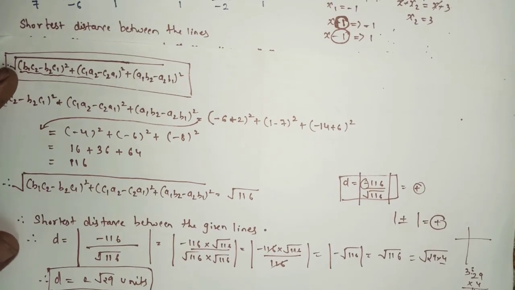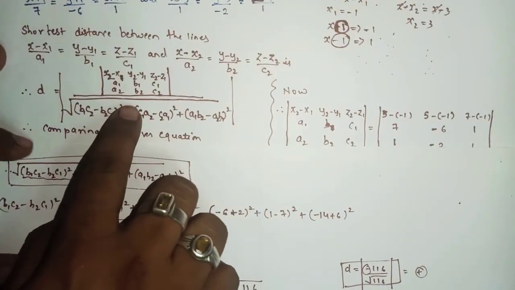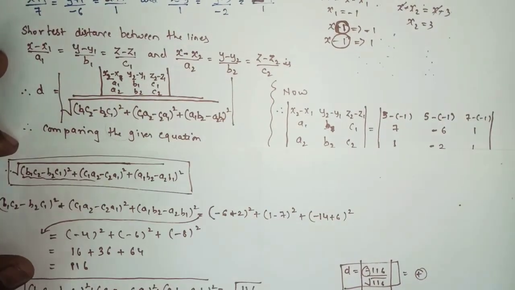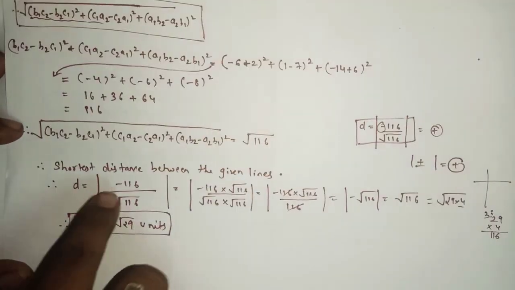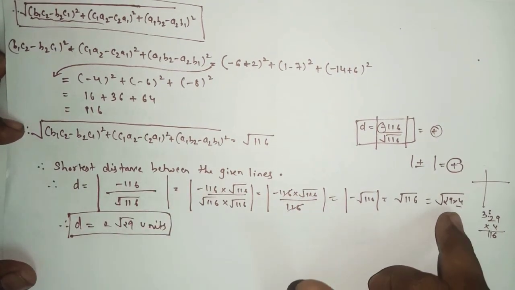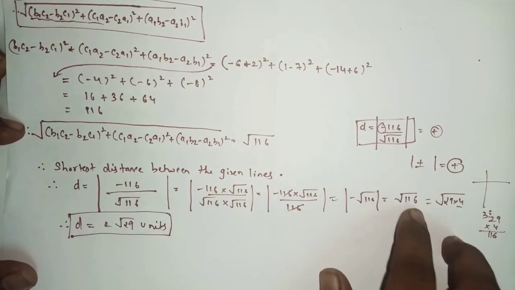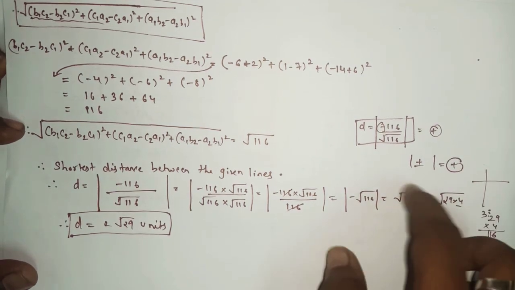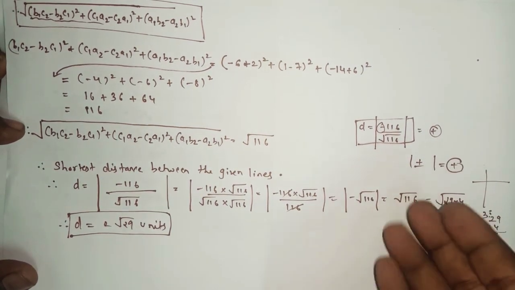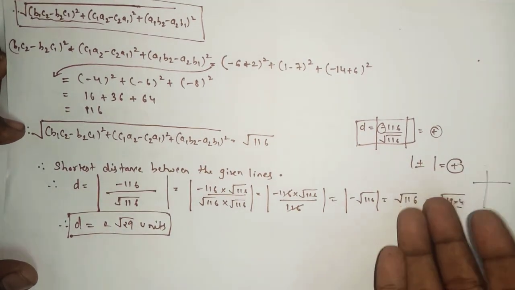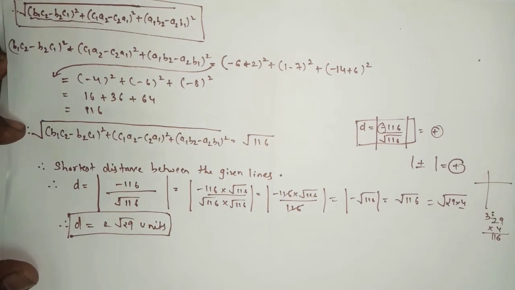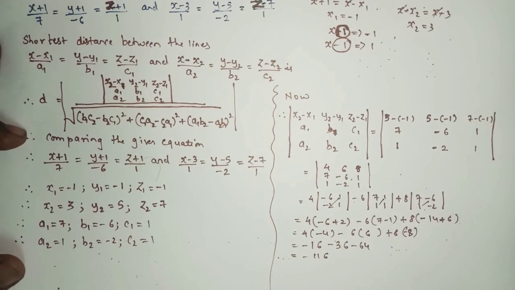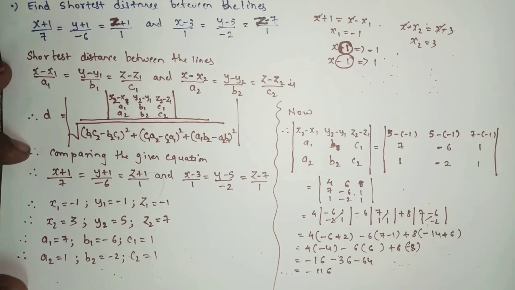And I guess in the textbook also, the formula is written like this, somewhere inside the mod. So be careful. Okay, because distance cannot be negative, that's why I wrote the answer inside the mod, and when you see the final answer, it will turn out positive only. As here root 116 was an imperfect square, we have to check if it is a pure surd, so we can convert that pure surd into mixed or not. So for this sum 116 we can write 2 root 29, and here you will write unit. So in this way you have to present your sum in the board exam. I hope you all understood this sum, how to find the shortest distance between the two Cartesian equations.